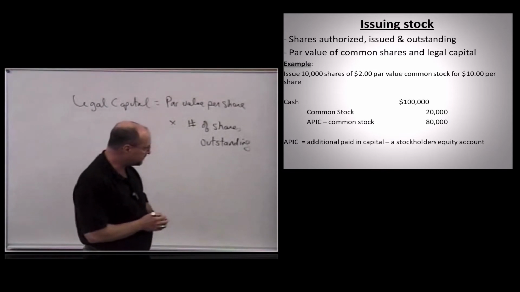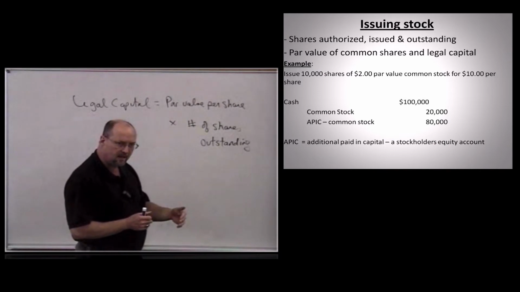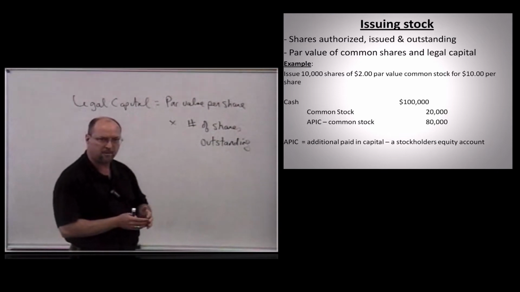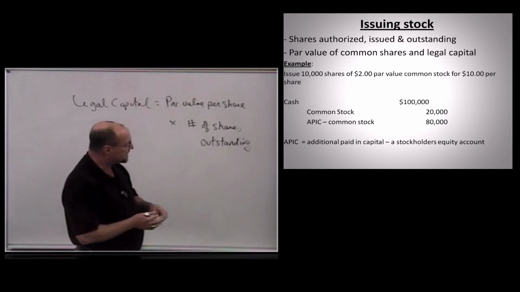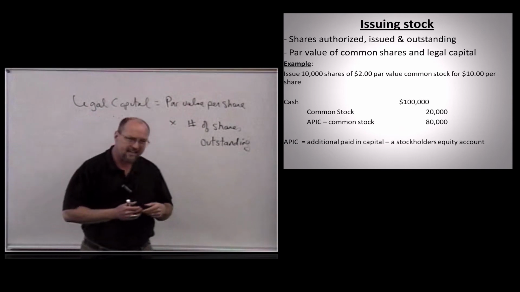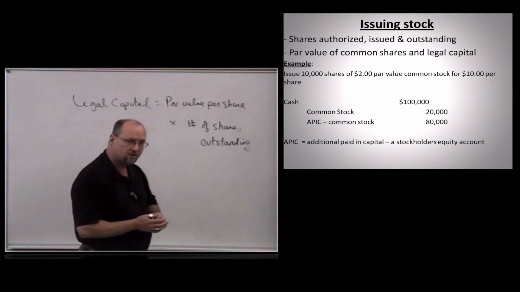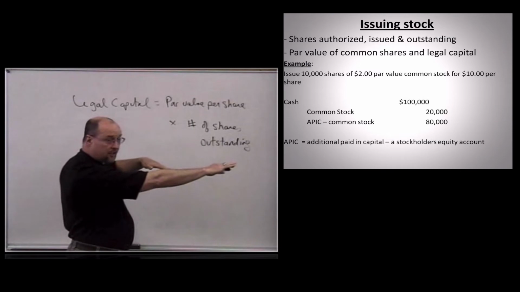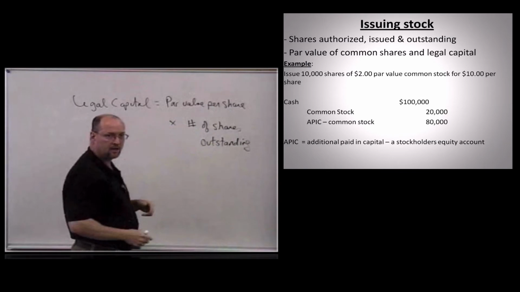That's what we have on the screen here. So we're going to credit, because this is a stockholders' equity account, APIC, which is additional paid in capital, also called paid in capital in excess of par value. Okay, so depending on what your book says, it's the same account. And we're going to just designate it as relating to common stock, since when we look at preferred stock in a little while, it can also have an APIC account. And again, these are stockholders' equity accounts. So from my accounting equation standpoint, my assets, cash, increased $100,000. Stockholders' equity also increased $100,000.